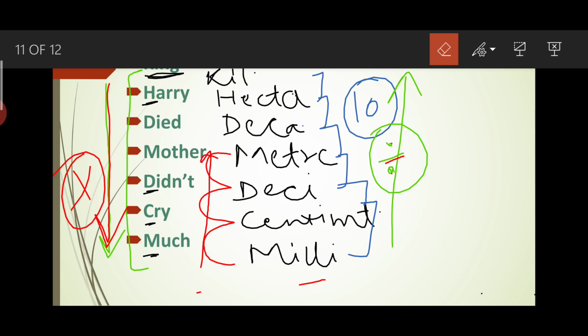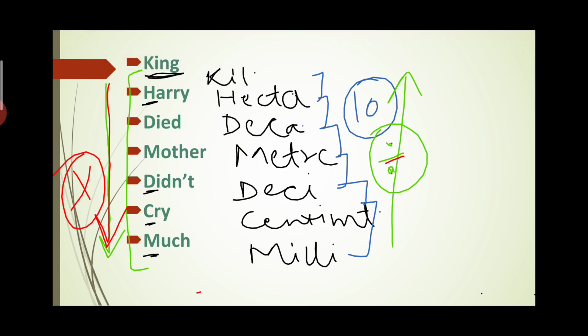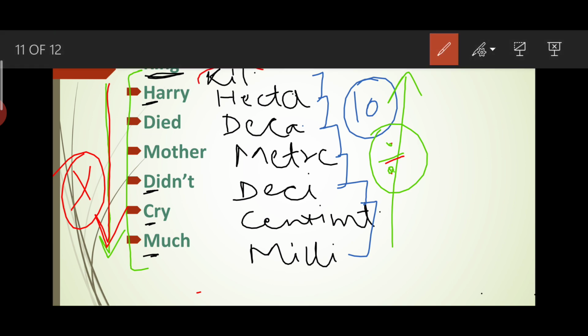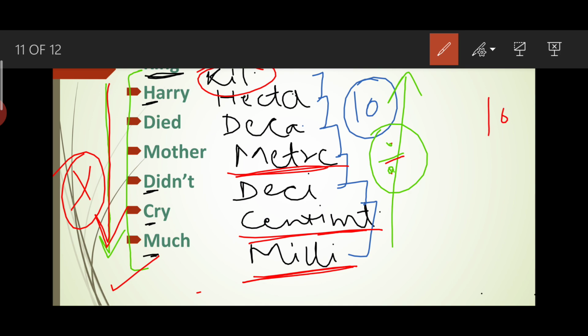And one more thing, in your class, what are the basic values that you will be using? You will be using kilometer, meter, centimeter and millimeter. That's it. These are the 4 values that you will be using in your class. And you just note down this formula in your notebook. You have to write that the distance between them is 10, and if we go from upward to below, you have to multiply, and if you go from below to upward, then you have to divide.